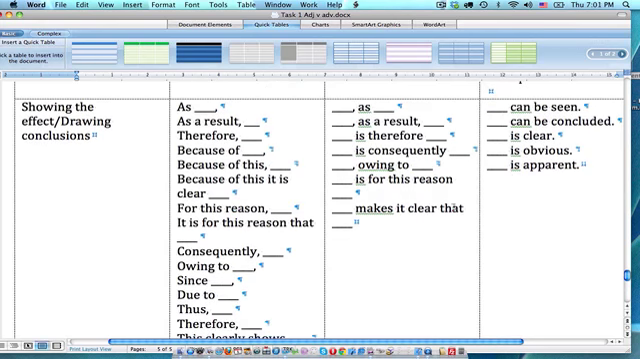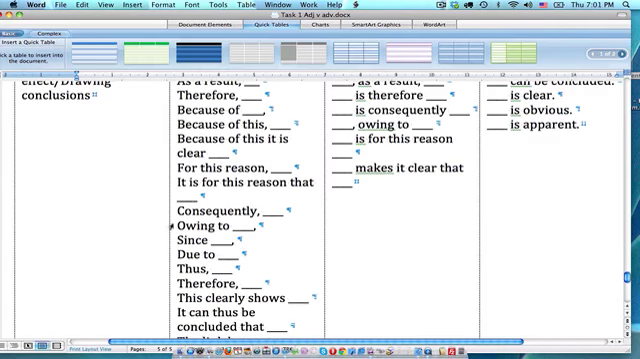Showing the effect, drawing conclusions. So please note the manner in which this language remains very logical. At this point, you're supposed to be drawing certain conclusions from your example or from the paragraph as a whole. So: as a result, therefore, please note the commas; because of blank, comma; because of this, comma, and then we go on to explain. Because of this, it is clear; for this reason, comma; it is for this reason that; consequently, comma; owing to, which you'll recall we had an example above, and don't forget your comma; since, blank, comma;